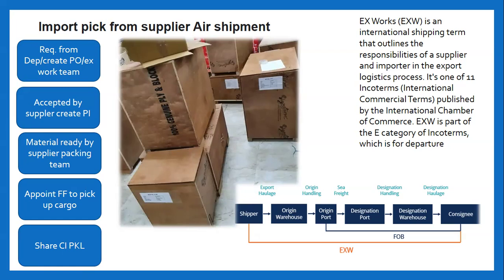So here we have just understood the procedure requested by the department for any goods import from overseas, and the steps we need to check, like Incoterms, payment terms, and mode of shipment. We can also check at this stage when we negotiate the pricing of the goods with the supplier. This is a very important step where all negotiation needs to be done. After this stage we cannot change anything, because the goods are dispatched.